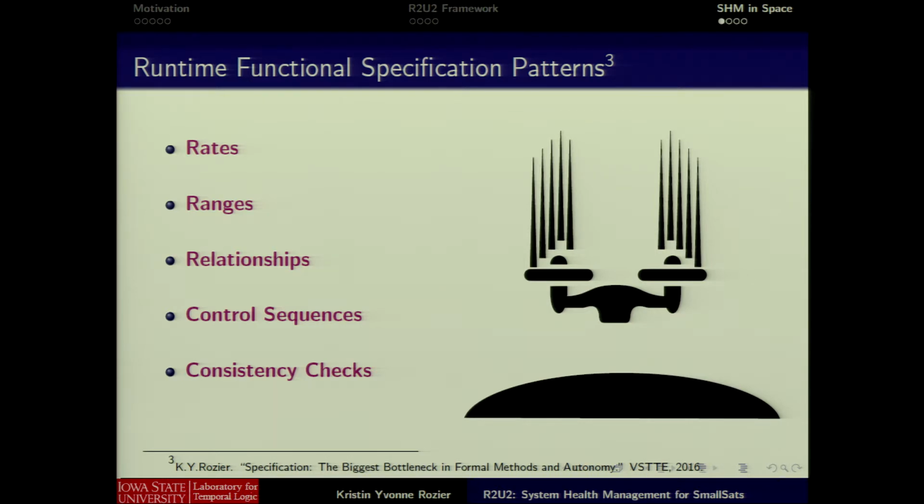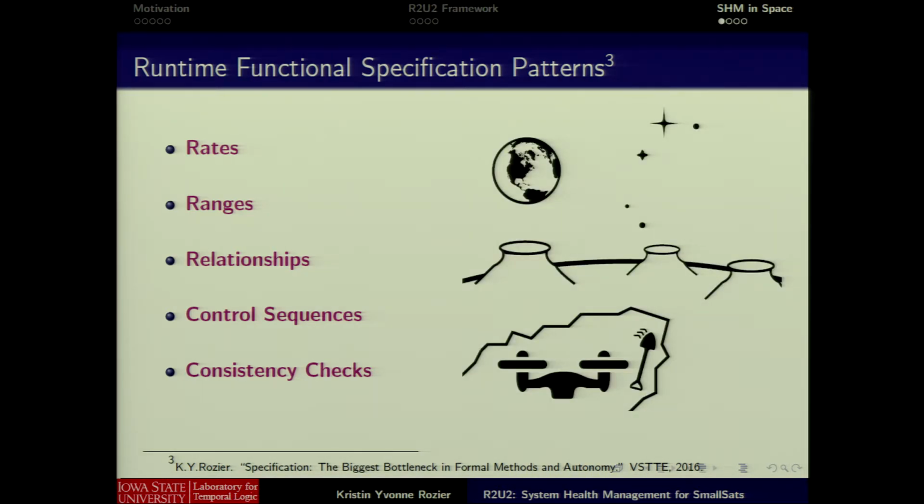We've also noticed that we tend to write a lot of specifications to check ranges, right? So when you are in descend toward the planet mode, your altitude cannot be negative. Similarly, or I guess I should say oppositely, if you're in drill beneath the planet surface mode, your altitude is hopefully not positive, right? So for every subcomponent that we fly on these spacecraft, we have some range of values that we expect to get as output, and it's a fairly easy sanity check to make sure that we double check that each of the outputs we get are within these ranges before we use them for critical calculations going forward.